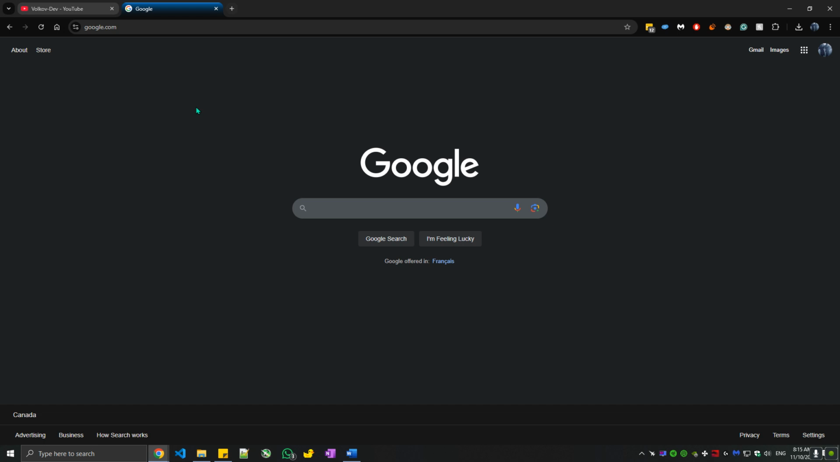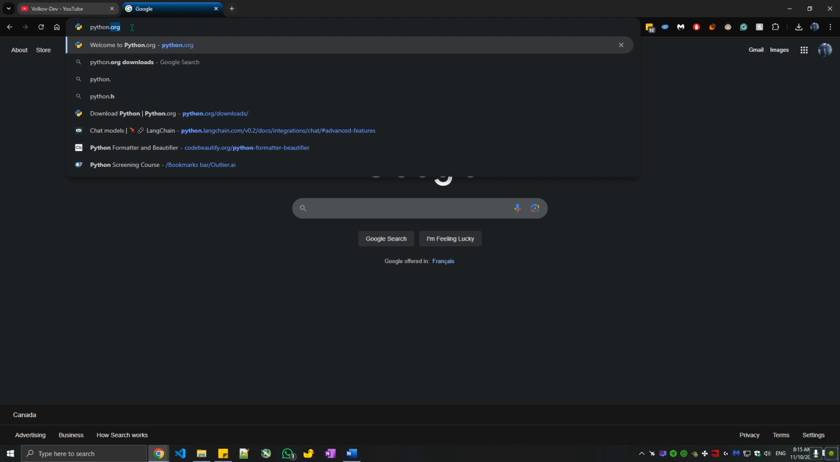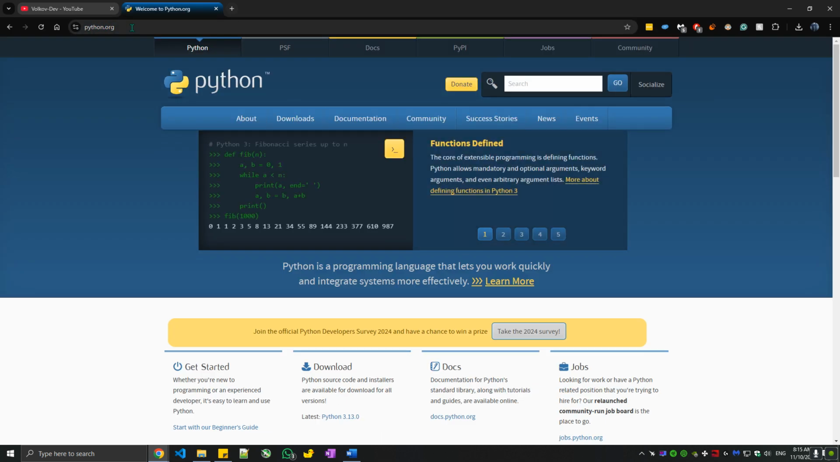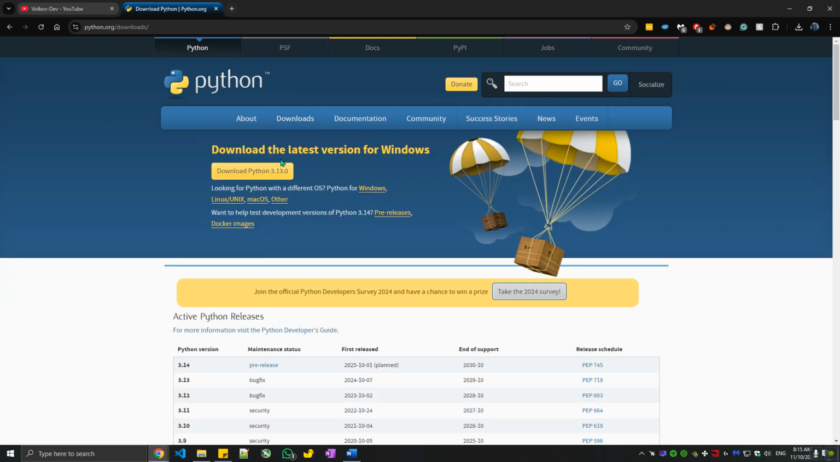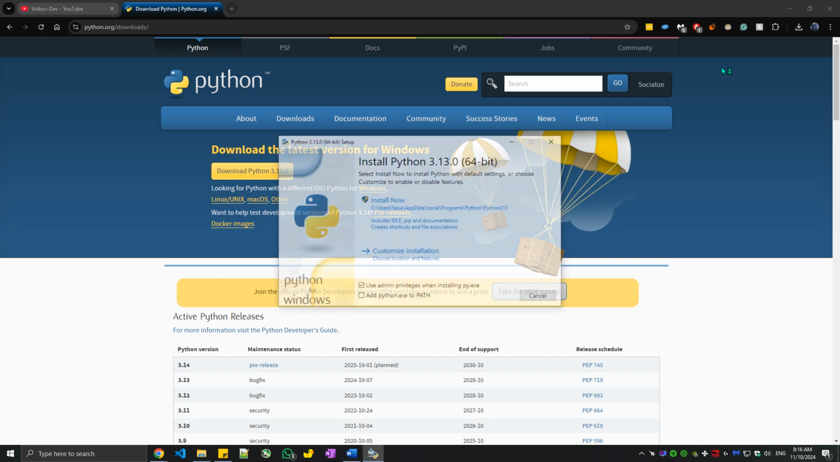Alright, so first things first, let's start installing Python. So we're going to type python.org, hit enter, and we're going to see this page here. What we're going to do is click on downloads, and then select the latest version for Windows. Or if you have a different OS, then you can select either Linux, Mac OS, or other here. But we have Windows, so we're going to go ahead with Windows. It will download here. And once it's ready, we're going to click on this installer to start